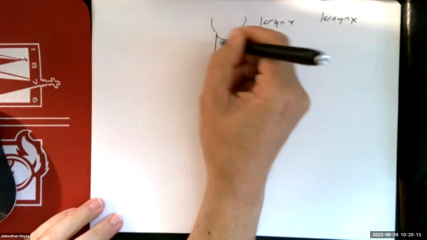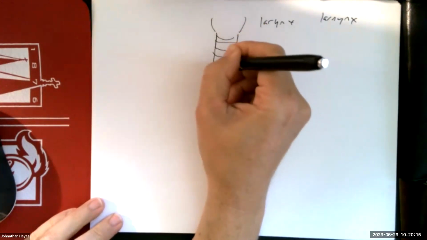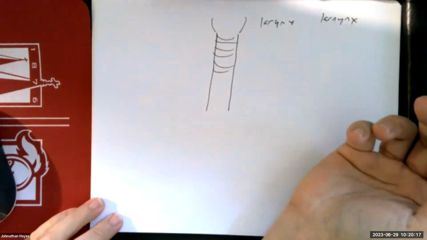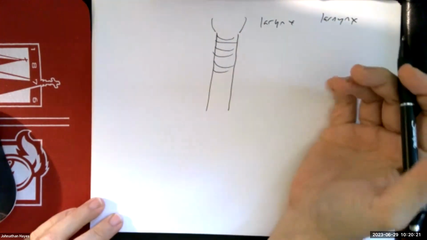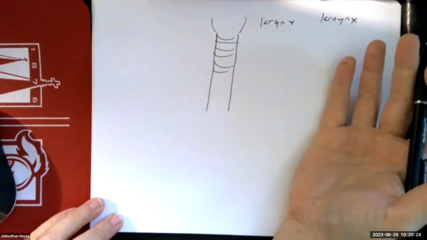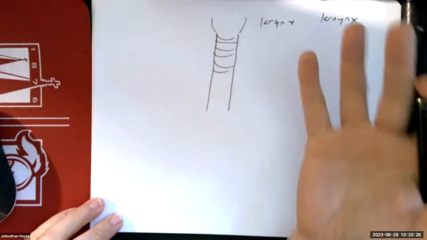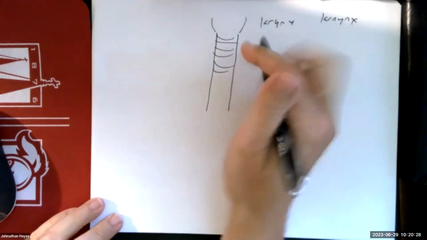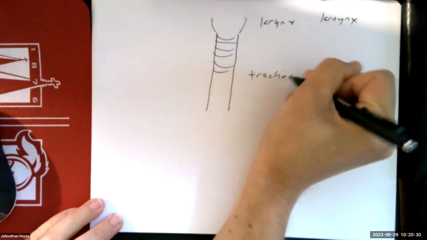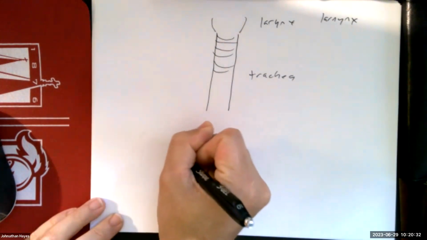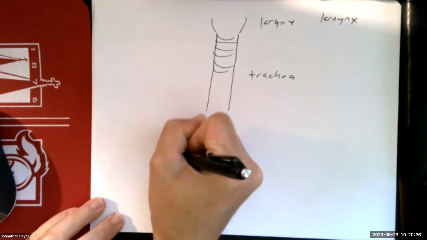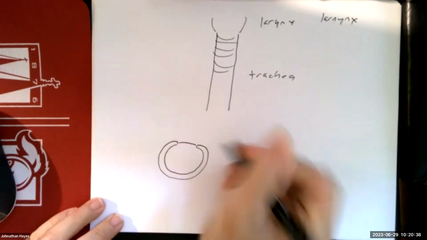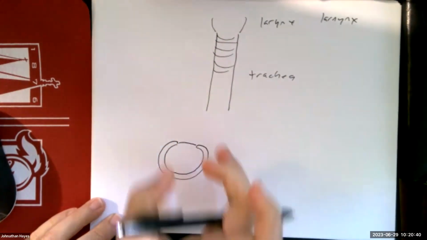So once you get into the trachea itself, these are what's called C-shaped rings of hyaline cartilage. And that, again, is unique. So that could be a possible test question in the future, like what part of the body is made up of C-shaped rings of hyaline cartilage? Trachea would be the right answer. And they're C-shaped for a specific reason, because when you're trying to maintain the patent opening, your trachea or your windpipe